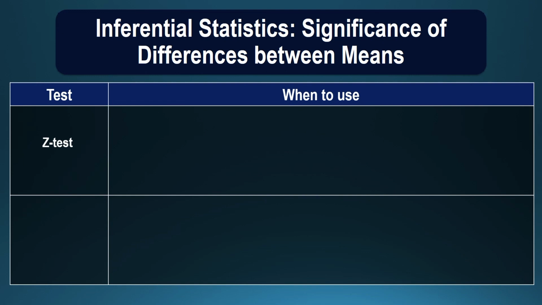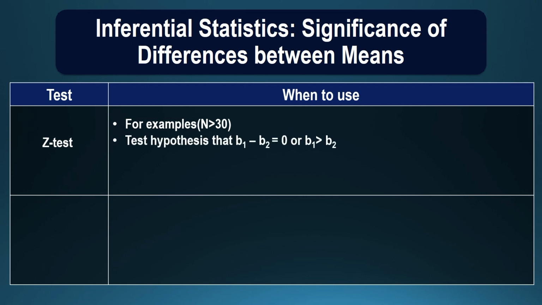So you can use Z-test when the sample is greater than 30. That means you consider it a large sample and you test the hypothesis